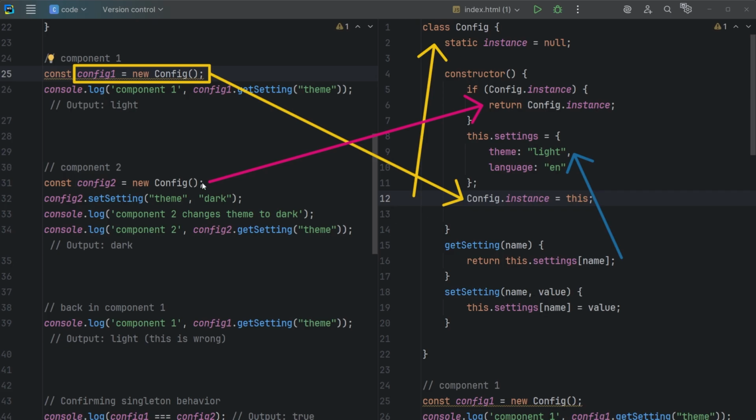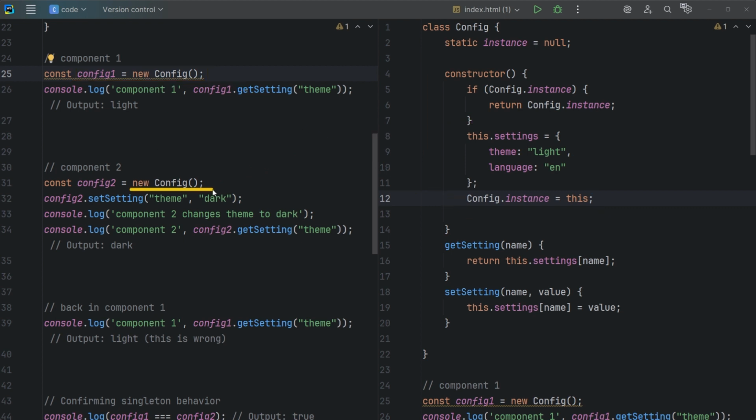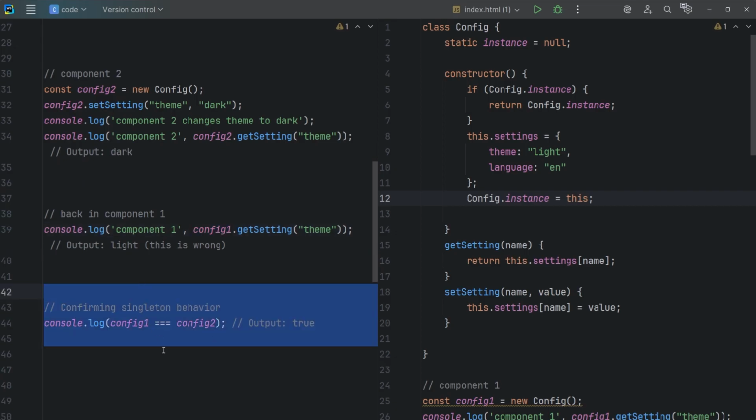Now, when we call it for the second time, this new config will not even go into the settings. It will not change anything. It will not even store this instance. It will just return config instance, which we know is basically, if we follow arrows, it is this one. So it means that when we call this new config, we are basically receiving the previous already created new config. So regardless of how many times we call new config, we are always going to return the very first instance created, this one, which then means that if in component 2 we change some settings, we are actually setting the config1 as well. And that means that both config1 is identical to config2,